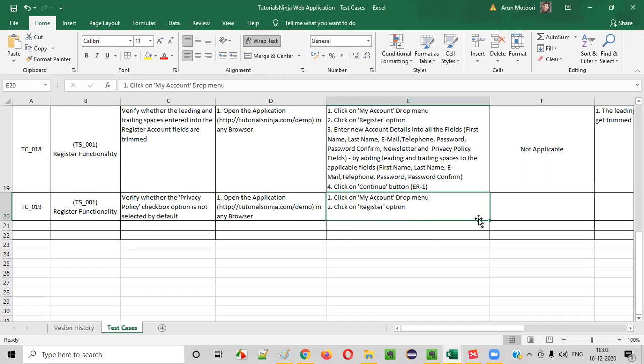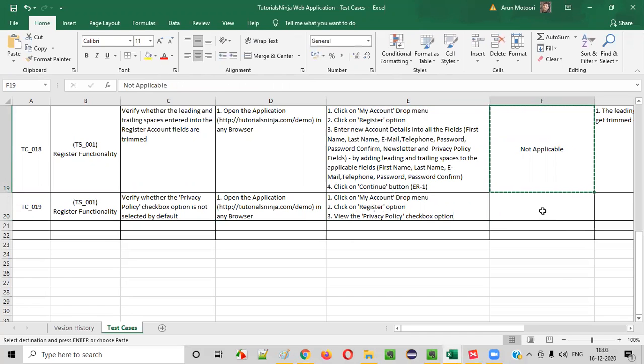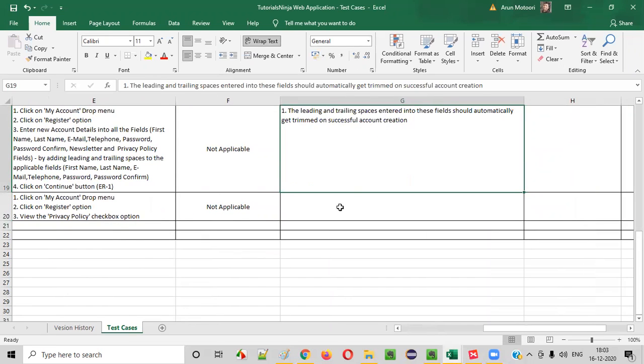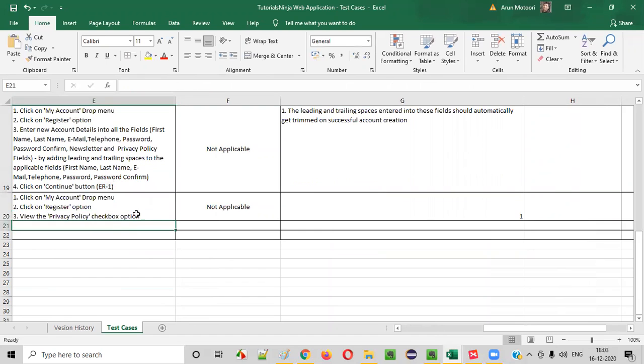Okay, then we'll say view the checkbox option, privacy policy, right? Privacy policy checkbox option. So not applicable. So here what we have to write, expected result ER1 I'll copy from here and paste into the second last step. The last step here we have to write the expected result as